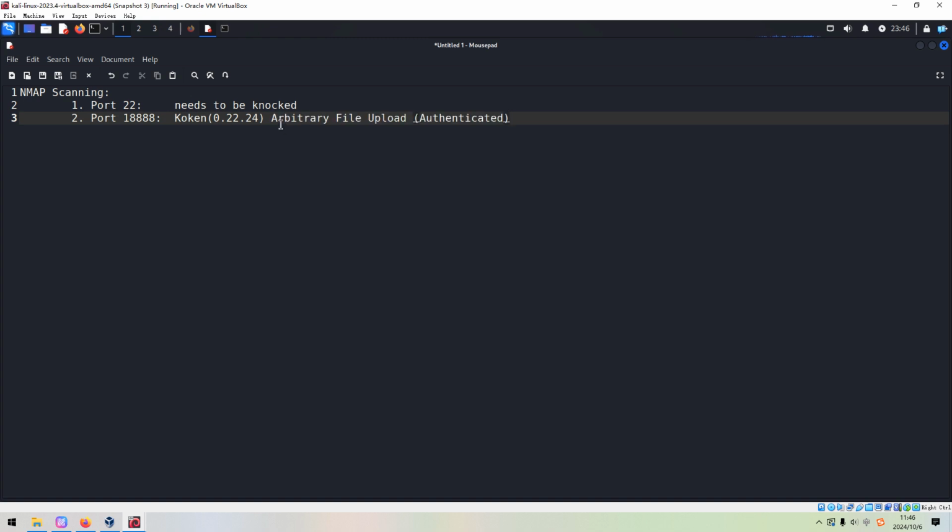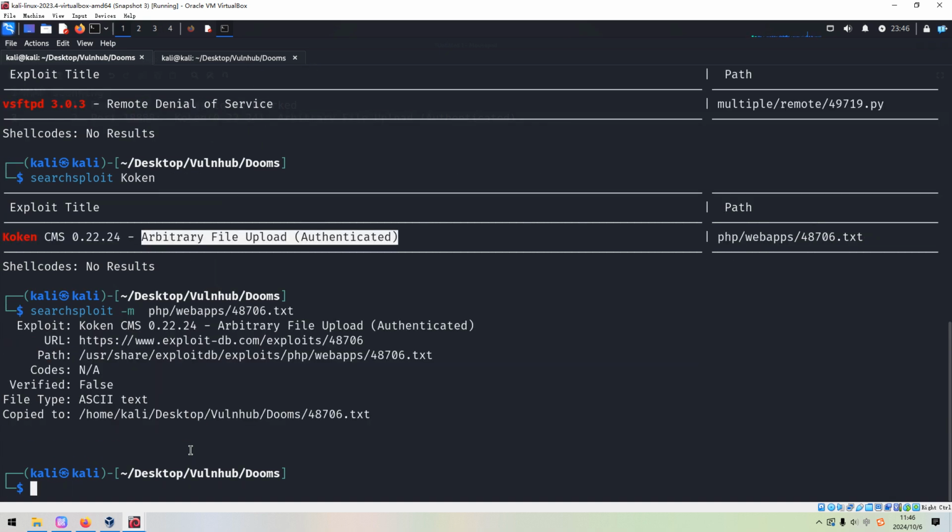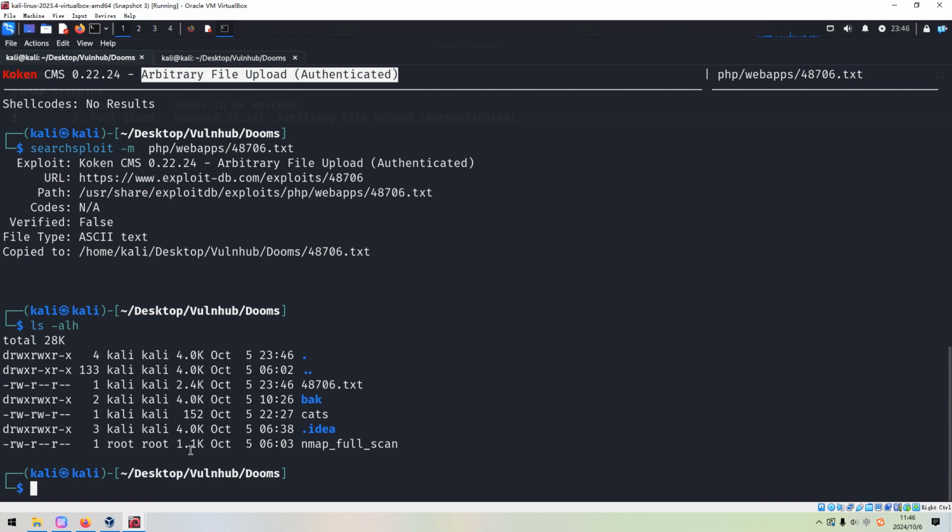So this is vulnerable to this vulnerability. And of course, I think now we can copy the instruction to the working directory.